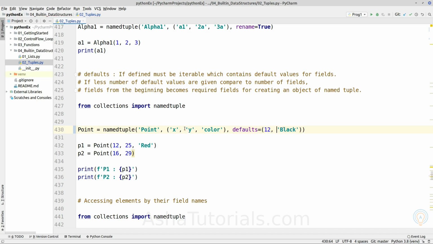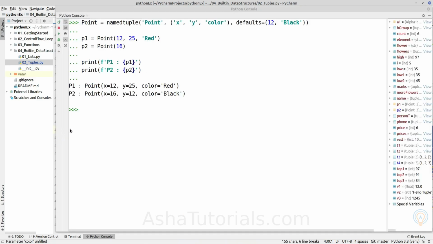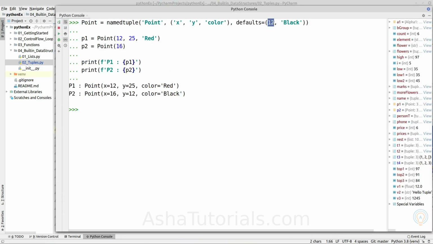In the same way, if we have provided 2 default values here, then these 2 parameters will be selected for the default values. If we are not providing this value and we are constructing, as we can see the default value is applied to the second parameter y. And whatever the first parameter is given, it is taken as the mandatory value.